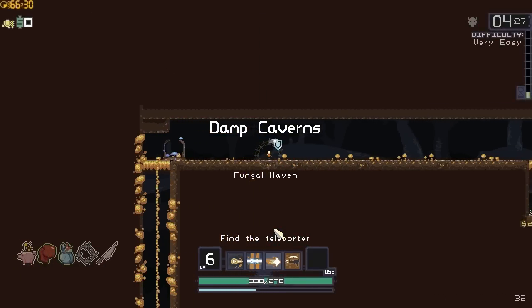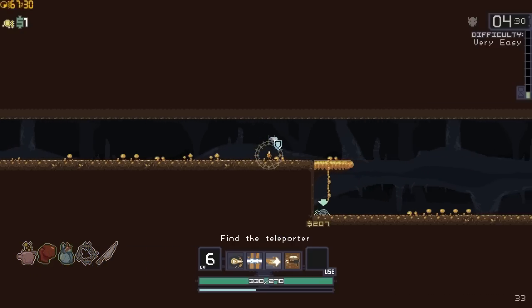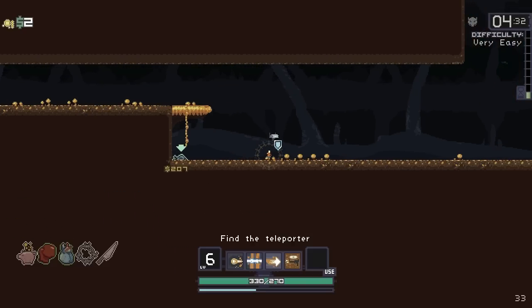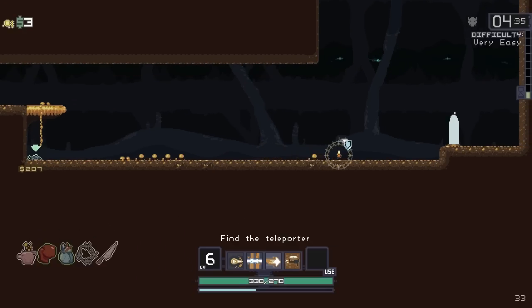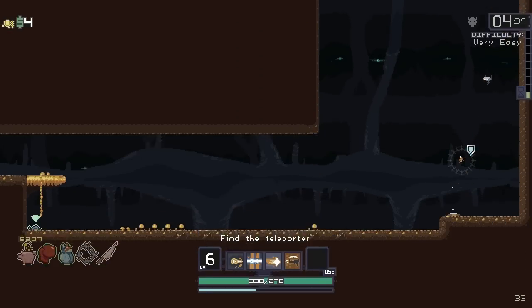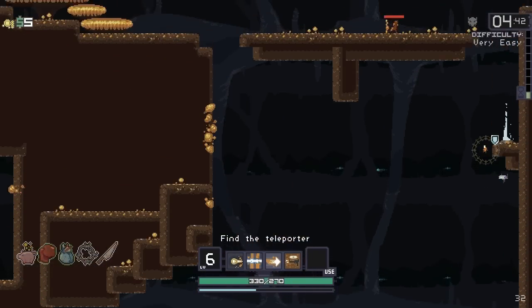Damp Caverns, definitely one of those that I'm not very confident about. I've had very poor luck coming here in the past. Mainly because I die. It's the enemies that kind of teleport up to you and then bite you in the ass. I don't like the teleporting enemies, but that's largely because I've been playing with the commando mostly, and that's not so easy to tango with. So, the other problem I have with the fungal caverns is I get very lost because they're so big compared to...